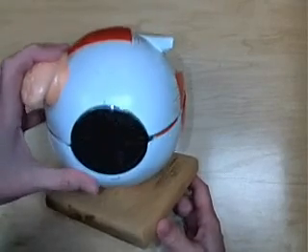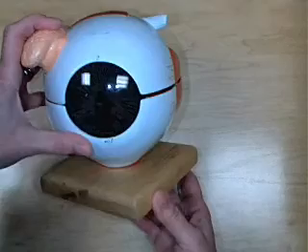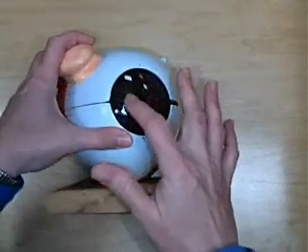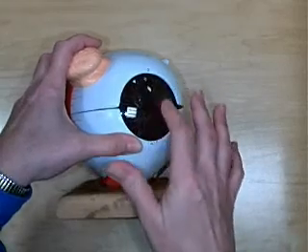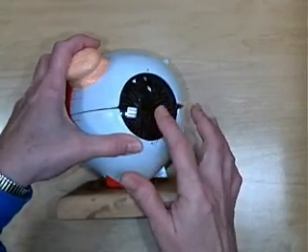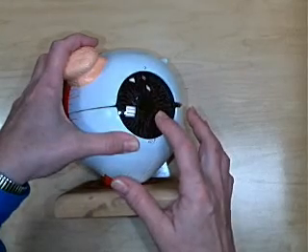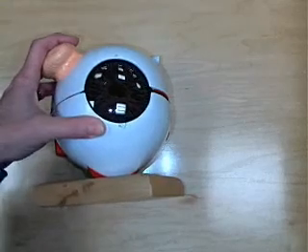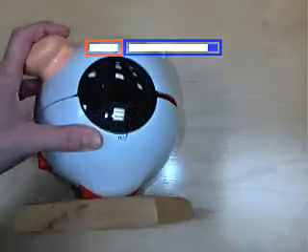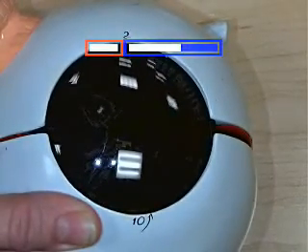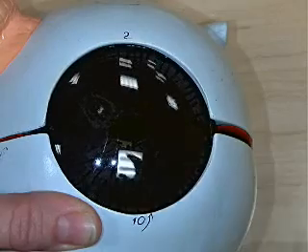Let me go over the structures on this eye model. When we look at the anterior of the eye, we see a clear structure that's called the cornea. Cornea has to be clear to let light in. Sometimes it's called the window of the eye. If you look in very carefully through the cornea,